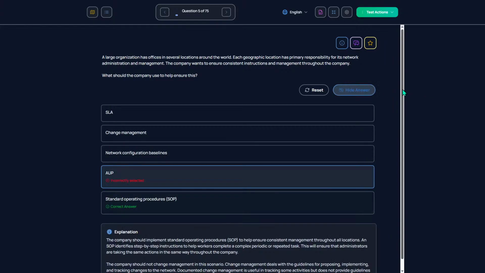Acceptable use policy? Oh no, it was standard operating procedures. Wait, I thought I selected that on the last run through and it was wrong. Oh well, okay.